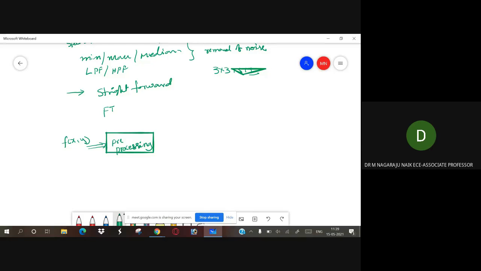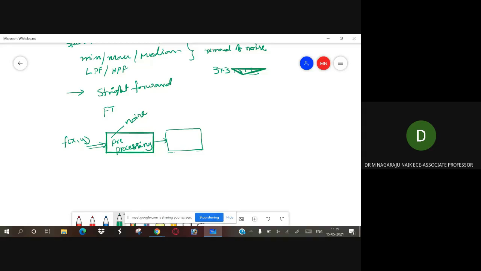What is the pre-processing? If any major noise is present in an image, those major components are removed in the pre-processing.